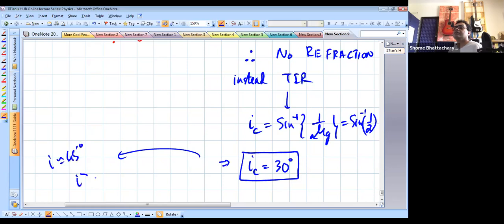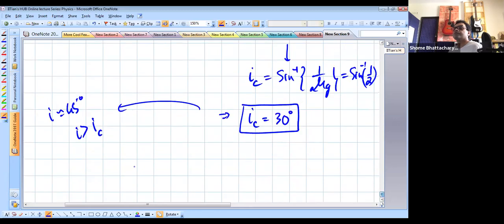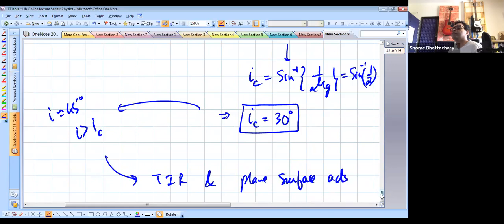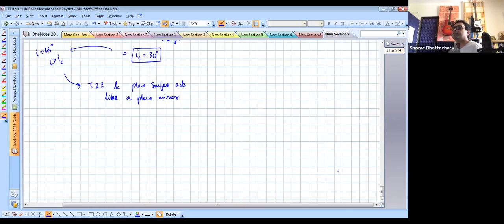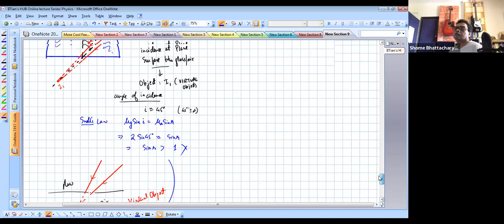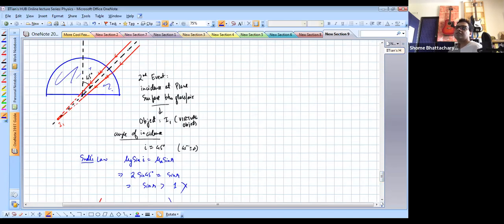So i is greater than the critical angle. So what that means is now there will be TIR, and the plane surface acts like a mirror. This is what happens. That plane surface over there in fact acts like a mirror. So here this incidence is happening such that now this surface is acting like a mirror. So the moment it acts like a mirror, these rays will reflect back, and they'll produce